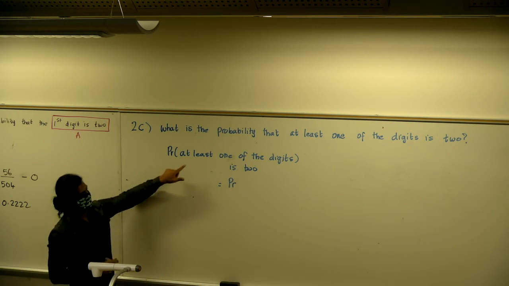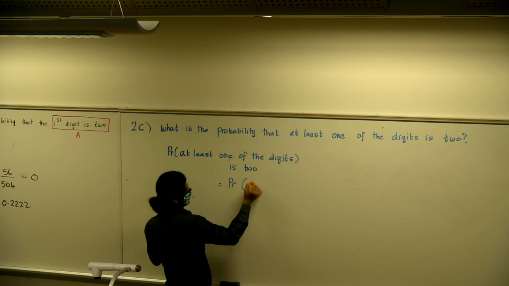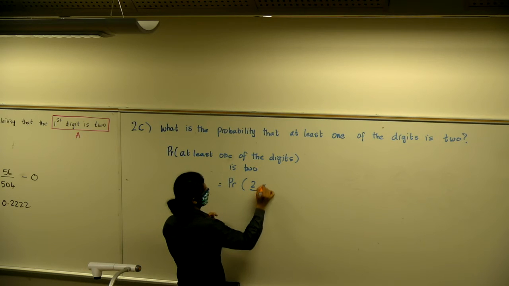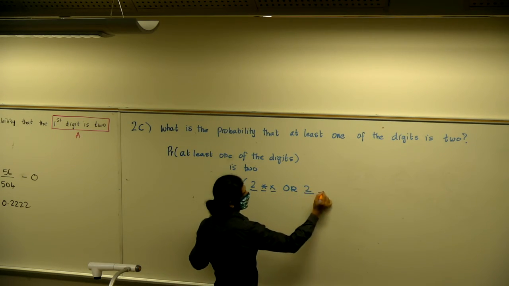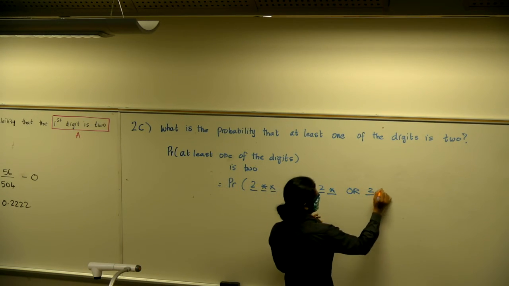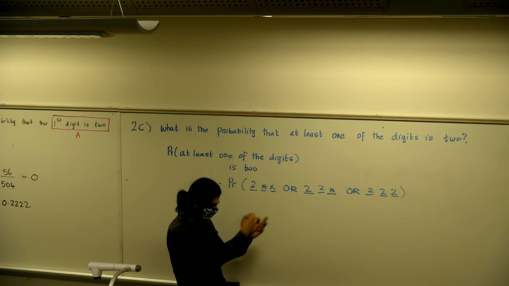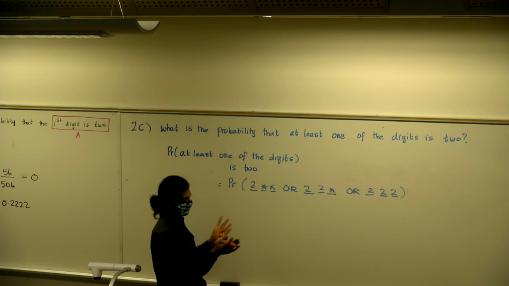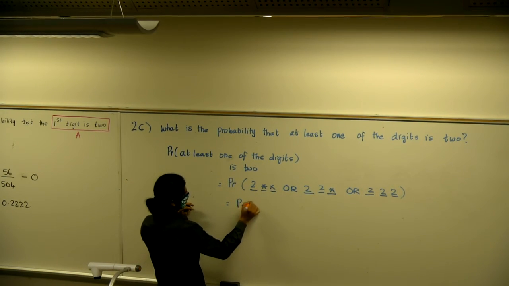So the probability at least one of the digits is 2 would simply mean exactly 1 is 2, or 2 of them are 2, or all 3 are 2. Now, at any given time, these events cannot happen simultaneously, so I can split it up and write it as